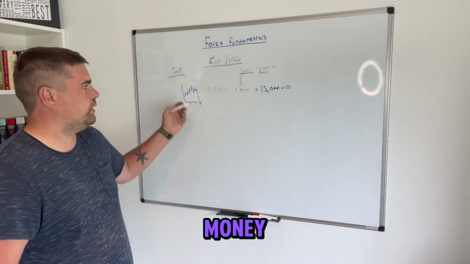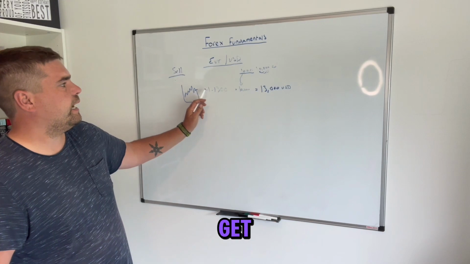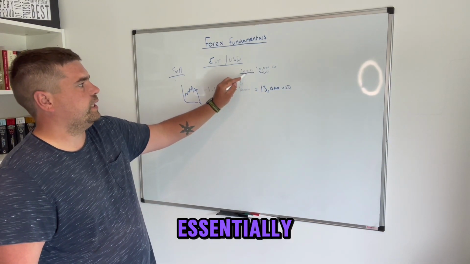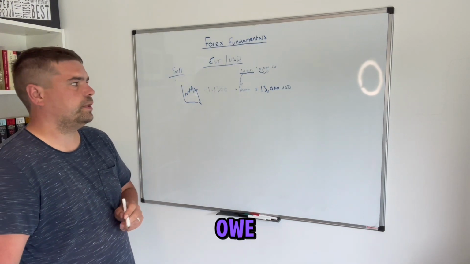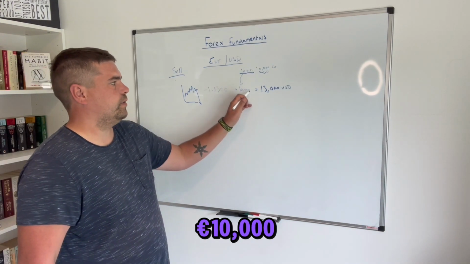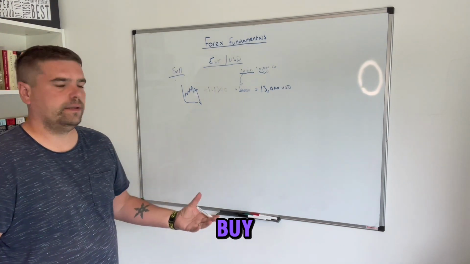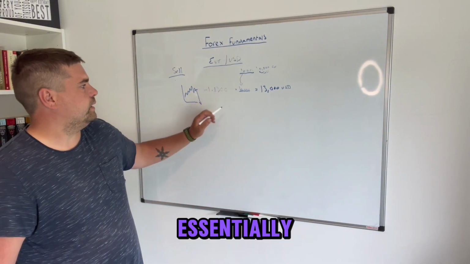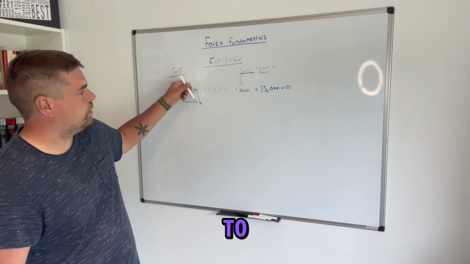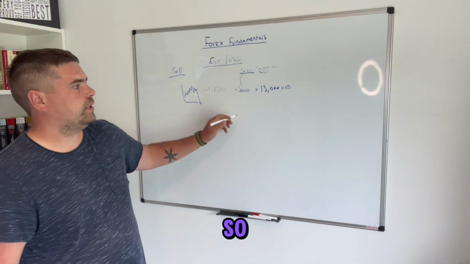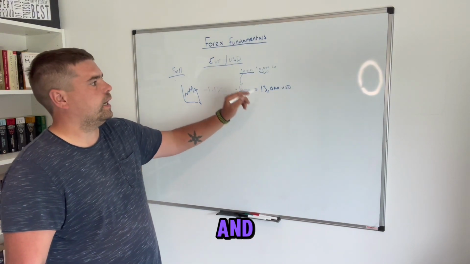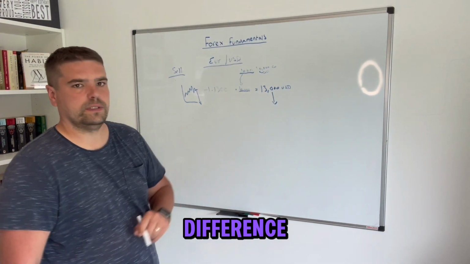and you're losing money, because essentially what happens to get out of this trade, we've now sold it to the market, but we essentially owe the broker the 10,000 euros back. So we have to buy the euros back at a later point. So essentially we want price to decrease in value